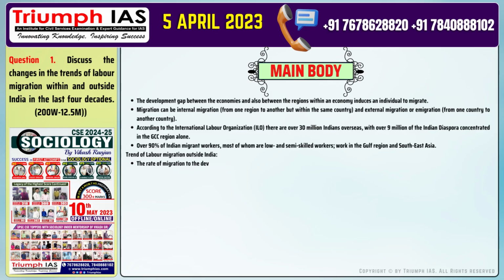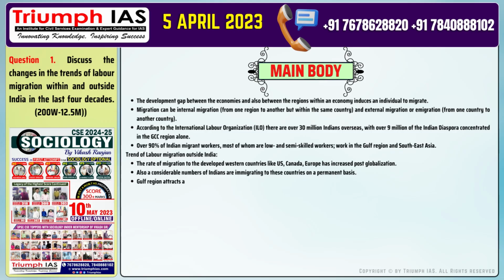Number 1. The rate of migration to the developed Western countries like US, Canada, Europe has increased post-globalization. Number 2. Also, a considerable number of Indians are immigrating to these countries on a permanent basis. Number 3. Gulf region attracts a significant proportion of semi-skilled and unskilled labor migrants from India, especially UAE, Saudi Arabia,